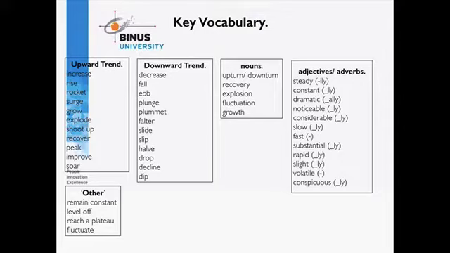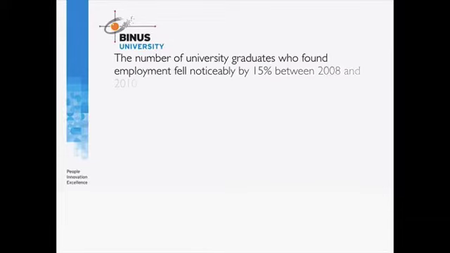However, we do need to look at exactly how to use these words in sentences. So I'd like to look at the sentence structure and the application of this key vocabulary now. And what we'll do is we'll begin with an example sentence here. So the number of university graduates who found employment fell noticeably by 15% between 2008 and 2010. That would be a typical sentence to describe a trend. And there's also a second way